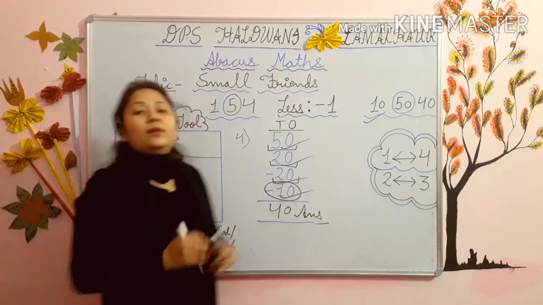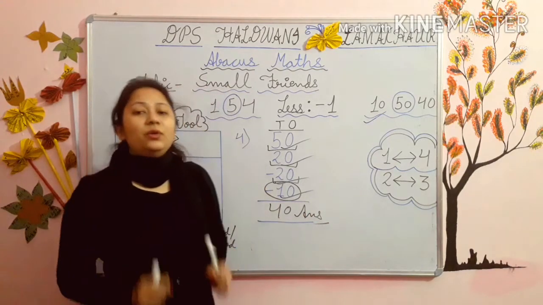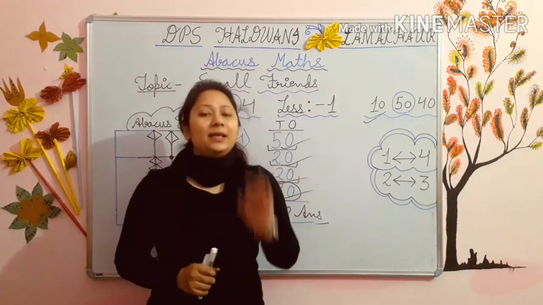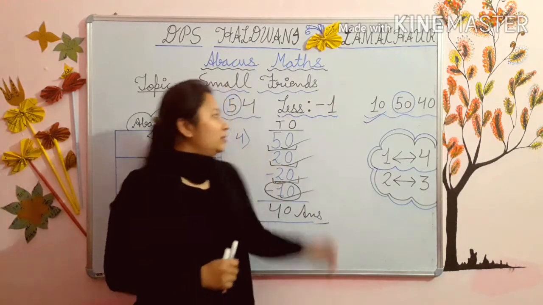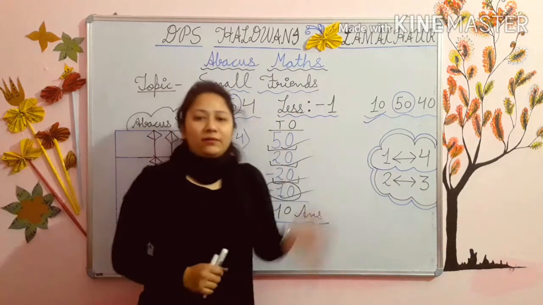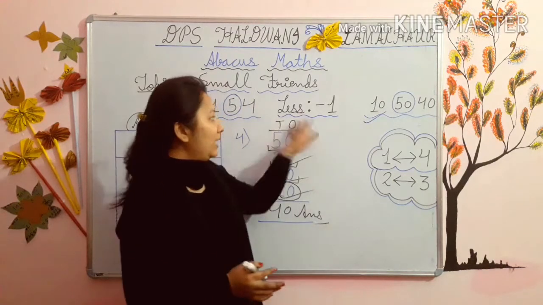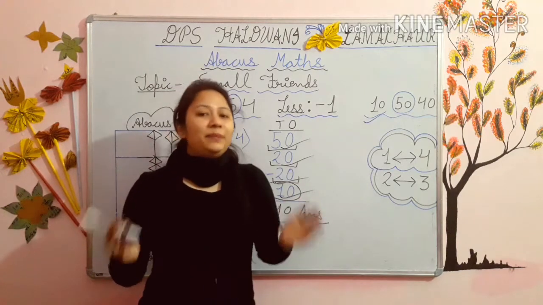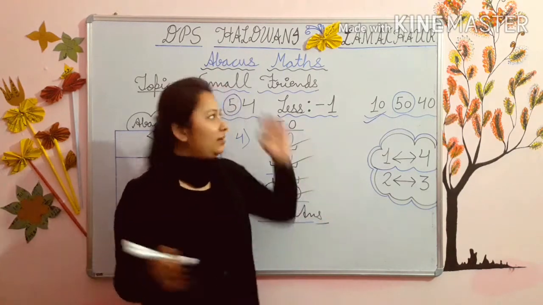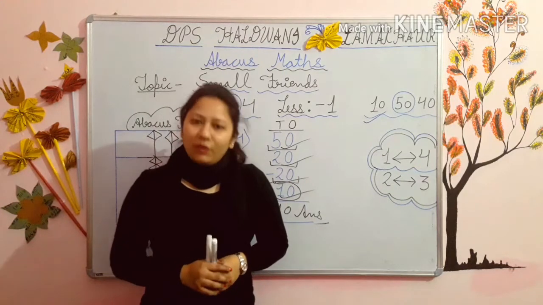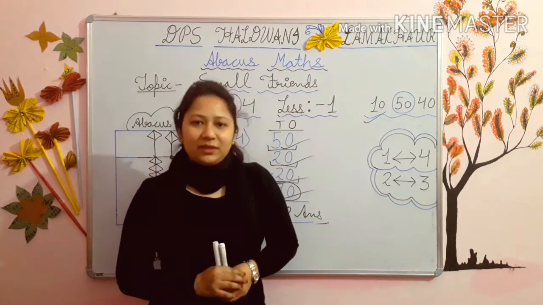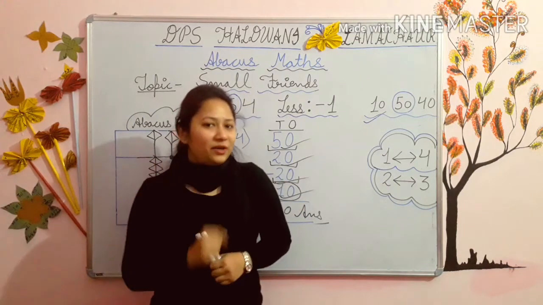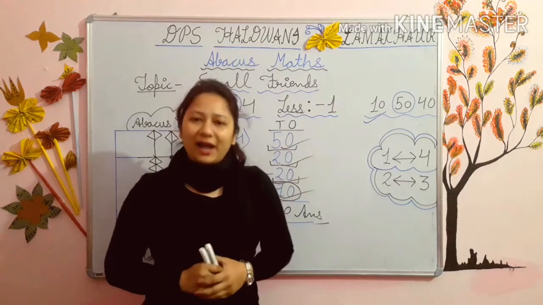Now kids, with this video I have given you a practice PDF. Do that practice PDF in your abacus notebook in a neat and tidy manner. Kids, in today's topic we have done small friends, minus 1, which means sums in which we have to subtract 1 and the bead is not there. So we used the small friends method. For using small friends minus 1, we subtracted 5 and added the friend. Who is the friend of 1? The friend of 1 is 4. So we added 4.